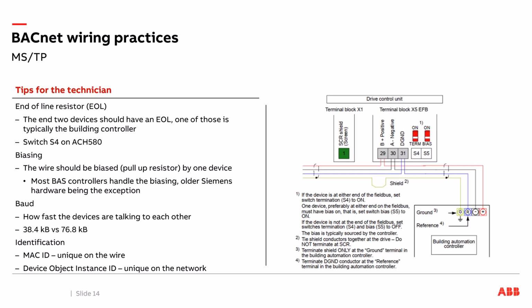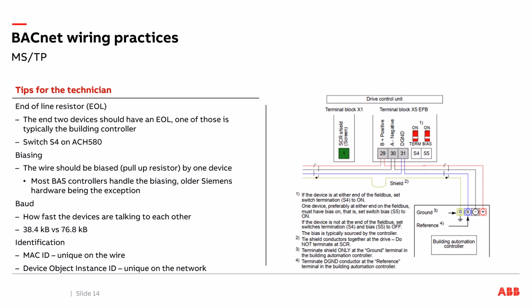And the last thing to mention here is on the ID side of things. BACnet, you basically got 2 different IDs. So we all have our names. So in the real world, I got my first name, I got my last name. So my name again is Tim. So in BACnet, we end up labeling all of the devices and giving them a name. So there's a MAC ID name and a device object instance ID name. MAC ID has to be unique on that wire, and a device object instance ID has to be unique on